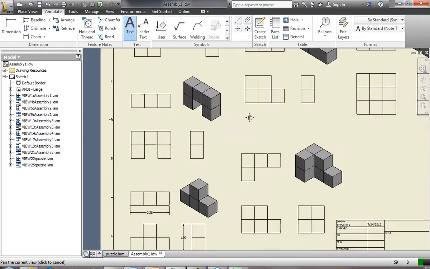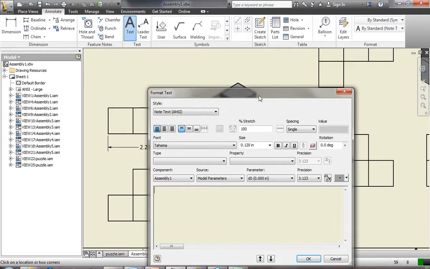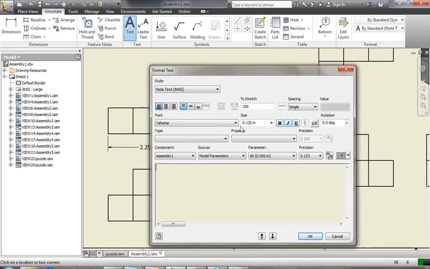So I'm going to come over here, and I'm going to click where I want the text to be. And on my drawing, I want it to be in all caps. You can see it's going to be 1/8 of an inch. I'm going to increase that. Let's make this 1/4 of an inch high. Okay, so we can change the size to 1/4 of an inch. And the reason I'm doing that is because this drawing, I'm going to shrink it down when we print it. I'm not going to be able to see it very well,